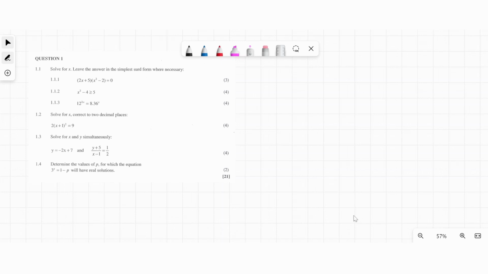So the first question says, solve for x. As you know, they say leave the answers in the simplest surd form where necessary. So 1.1 gives you this. What you need to do is, because we are solving for x, they already factorized this, so we need to equate both brackets to 0. So we're going to have